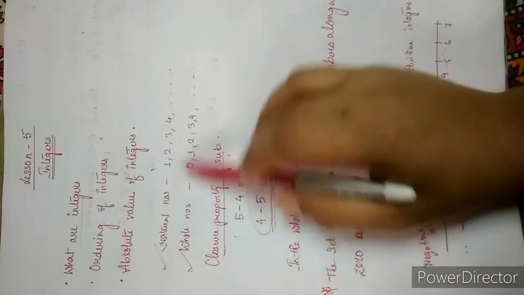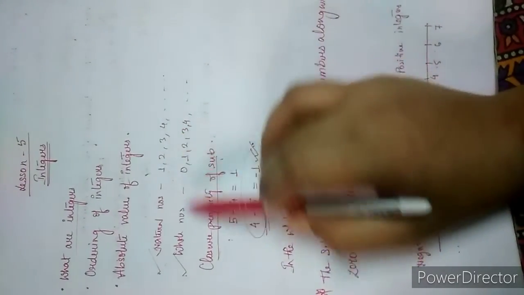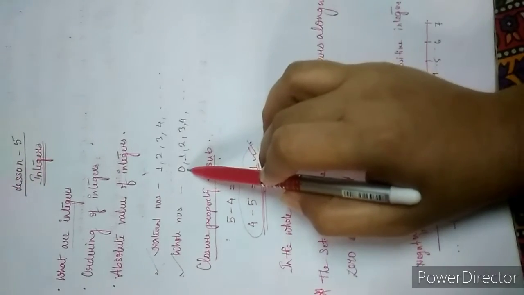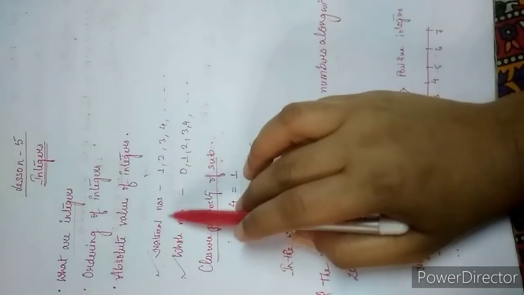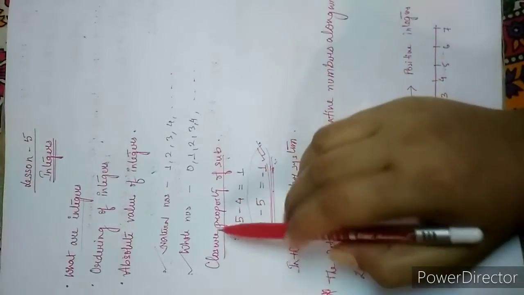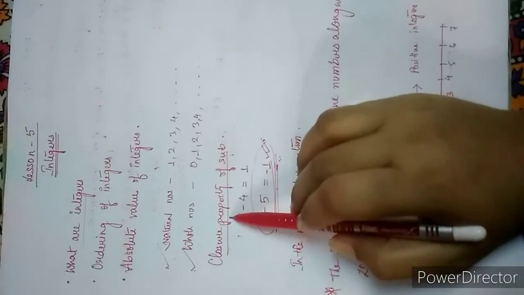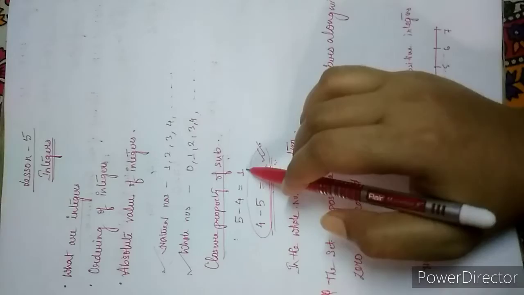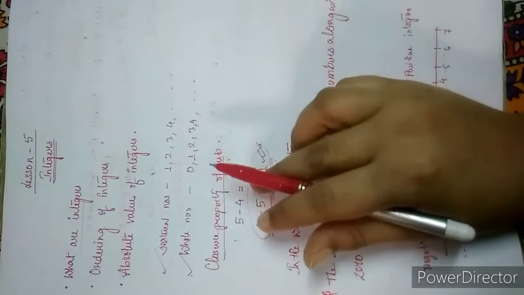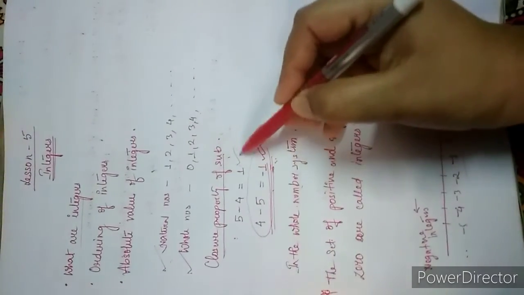Now students, we know what natural numbers and whole numbers are. Natural numbers are all the counting numbers, and whole numbers consist of 0 and all the counting numbers. We have studied the properties also. In the previous chapter, lesson 4, in closure property of subtraction, when we subtract 4 from 5, we get 1. Means if we subtract two natural numbers or two whole numbers, we get another whole number. It was like that, na?